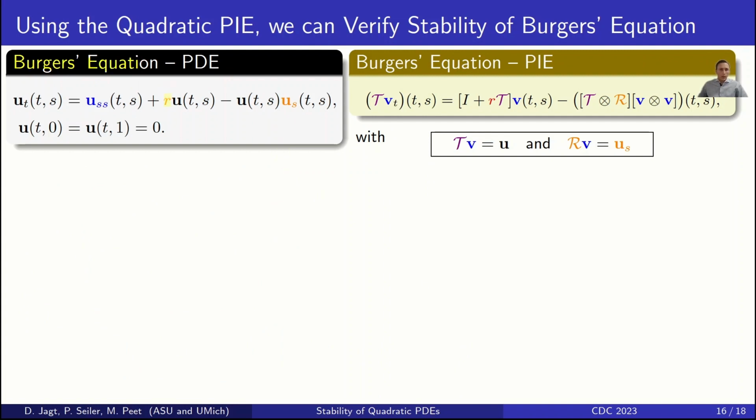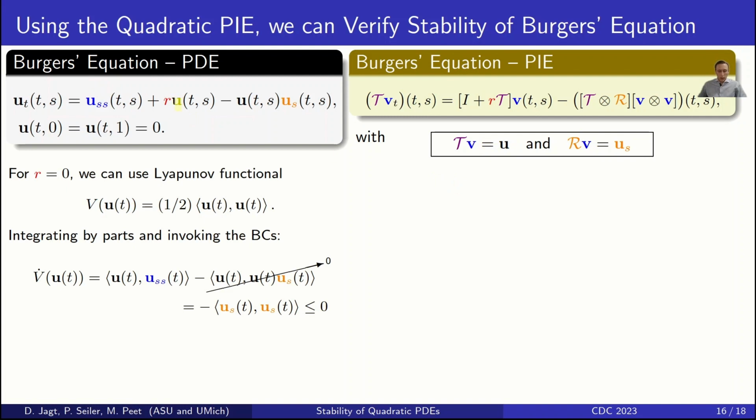And in this case, we add this reaction term parameterized by a variable R. Now, of course, we can define an equivalent partial integral equation representation, where again we get the same reaction term over here, where solutions are related through these partial integral operators T and R. Now, for Burgers' equation, if we exclude this reaction term here for a moment, it is well known that